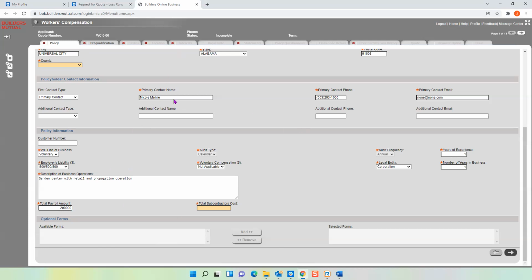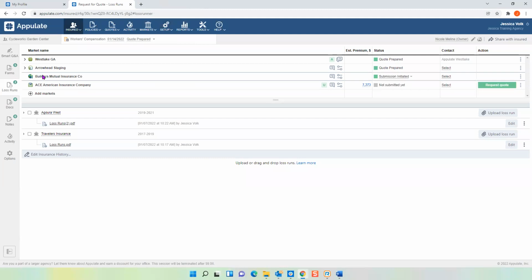On this one, again, once you obtain your quote outside of Appulate, bring it back into our system, go to the right-hand side, those three little dots,